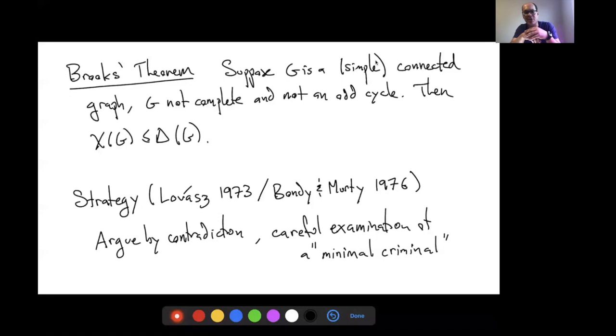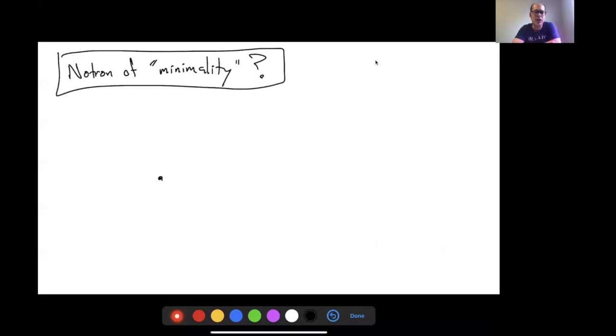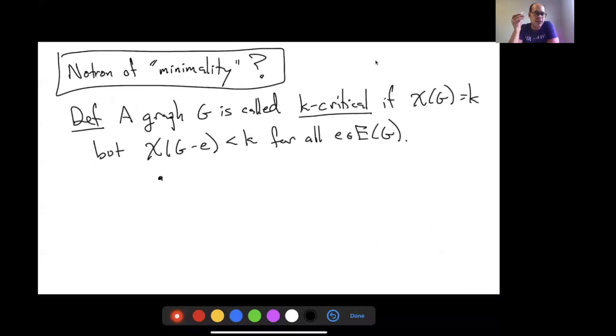So this is a common theme. I've heard it related as the minimal criminal strategy of proof. But for our purposes, what's the notion of minimality that'll be useful for us? So if somebody gives you a graph with chromatic number k, a k colorable graph, we want to say what it means for it to be k colorable, but minimally k colorable somehow. So we call a graph k critical if the chromatic number is k, but whenever you remove an edge, the